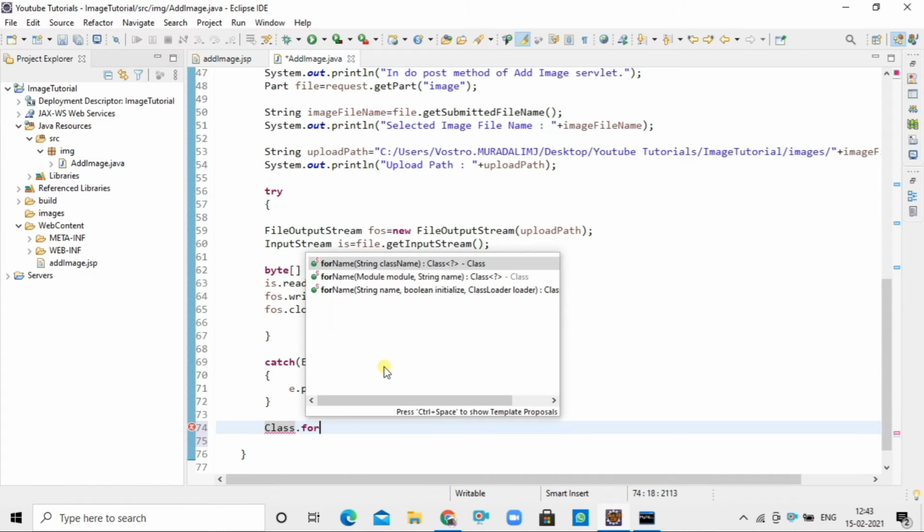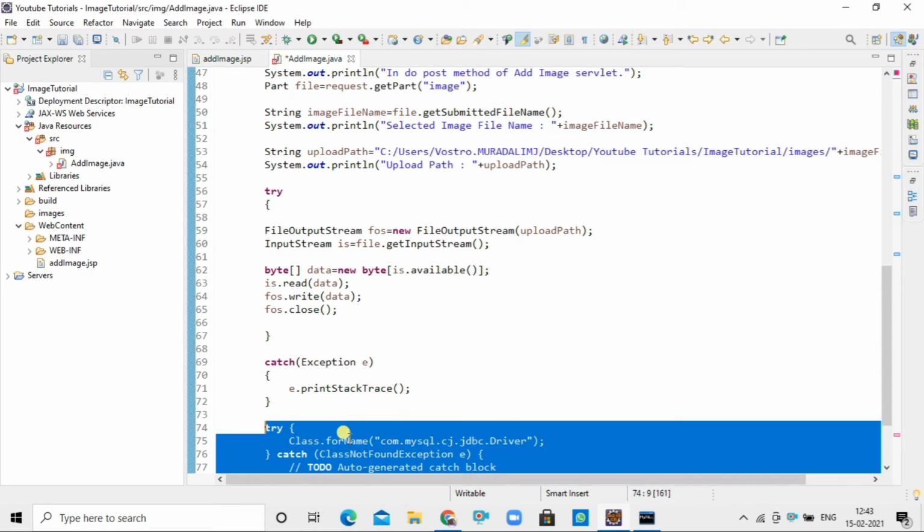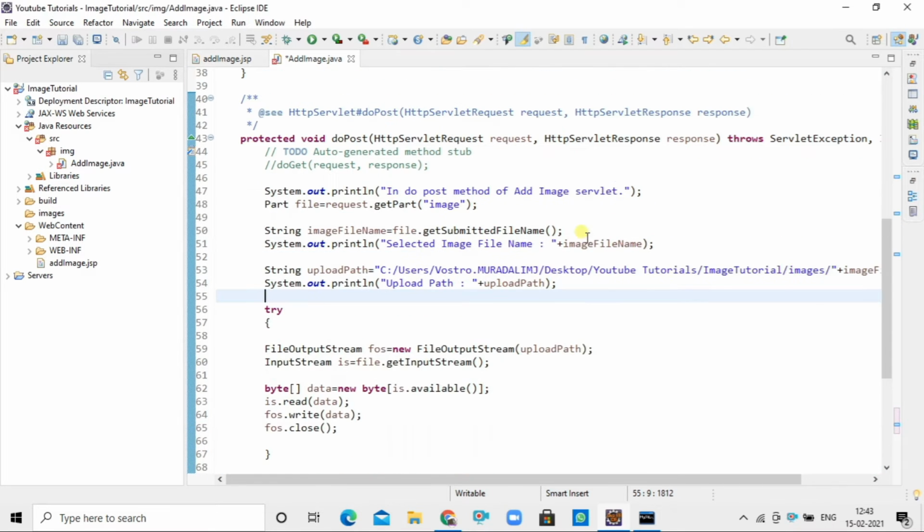Here I will write the JDBC code. For proper understanding, let me comment for what purpose we have written the code.